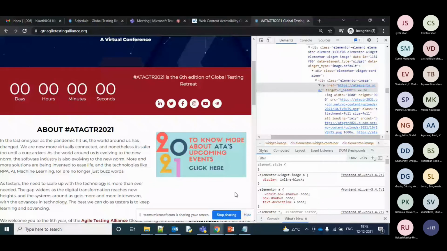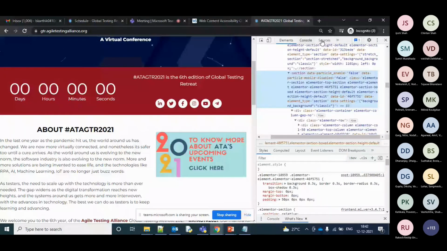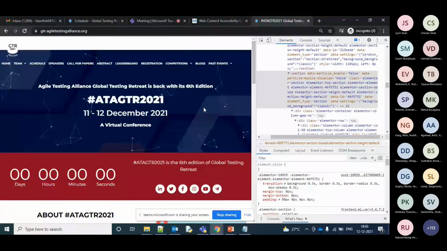Everyone can open any website of your choice and inspect it, and you'll find Google Lighthouse over here, and you can generate a report and see it. One disadvantage is that it won't be mapped directly with the WCAG guidelines. That's a drawback, but it also works in a quick and easier way. Google Lighthouse also provides an API for continuous automation. I'll be giving you the link at the end of the session, which you can use for continuously automating reports for all the websites of your choice.